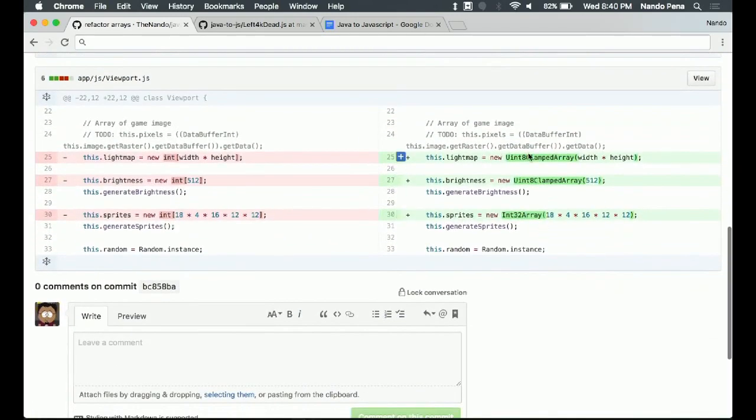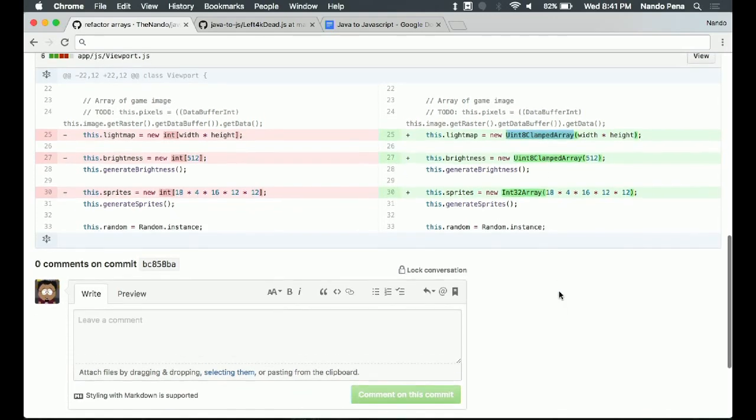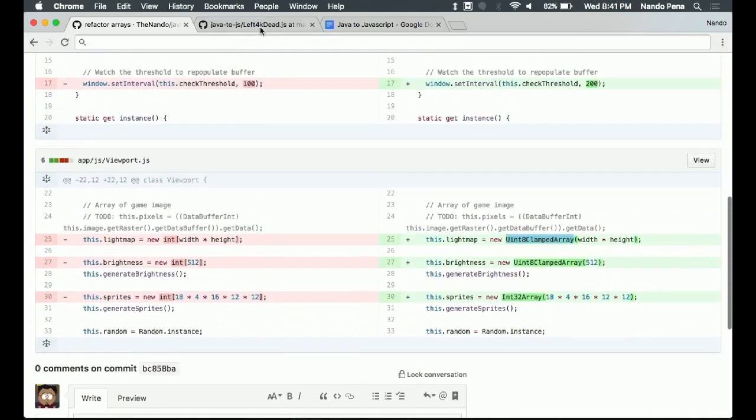And yeah, the other thing is I have this unsigned int 8 clamped array. The benefit of a clamped array is that if you try to store a number in there that's larger than the value you want to store, it's going to scale it down instead of throwing an error. I just threw that in there to see how it worked. It's probably more efficient to just use an unsigned 8-bit array instead of clamping it. I don't know. I don't have any metrics to base that on. But yeah, so this is as far as I got in terms of doing the conversion.